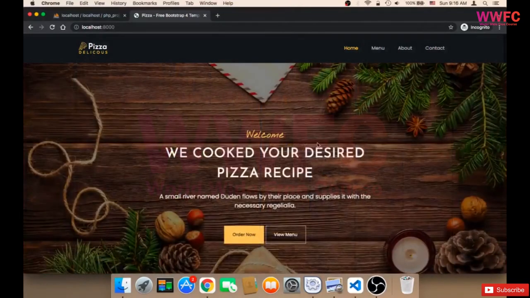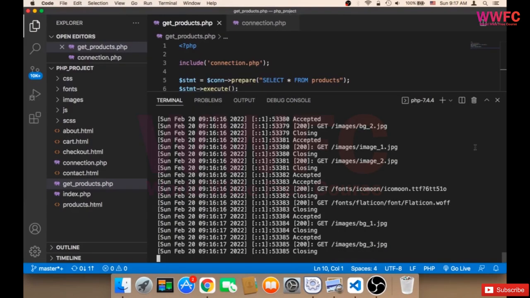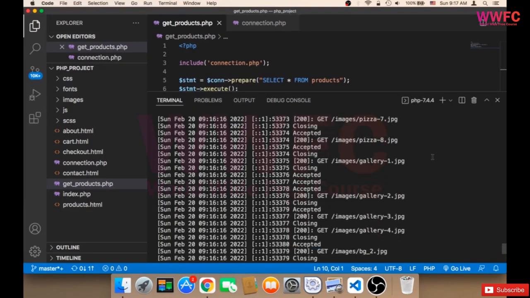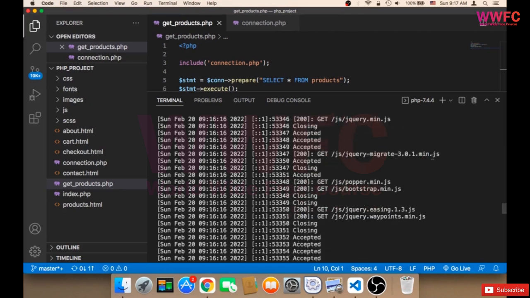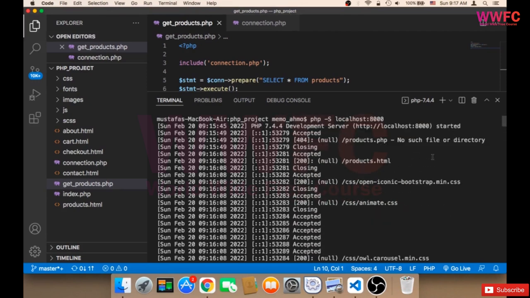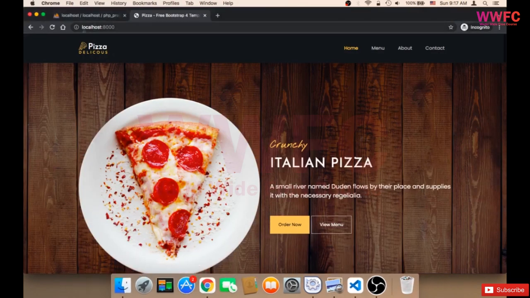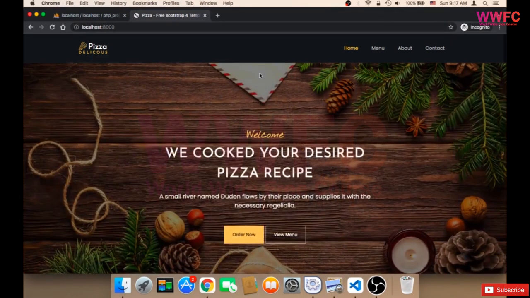Welcome back. Now what we need to do is display the products. So the first step in order to display the products, first make sure that your server is up and running. To make sure your server is up and running, you need to type php -S, as I have shown you, and then localhost:8000 in order to run your project on this server on the localhost. And in the browser you can type localhost, then colon 8000, and it will display the